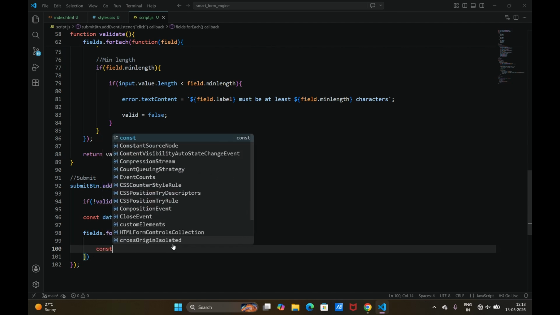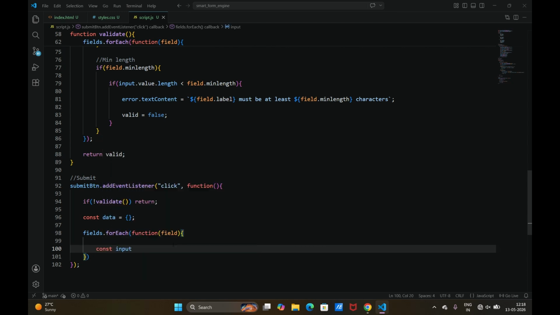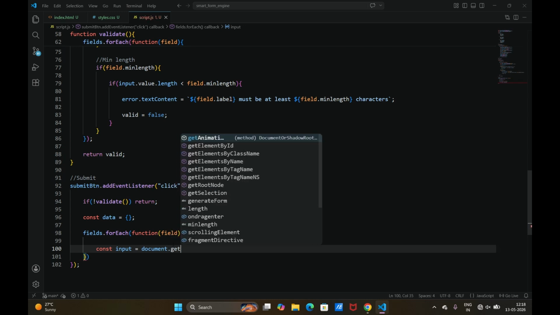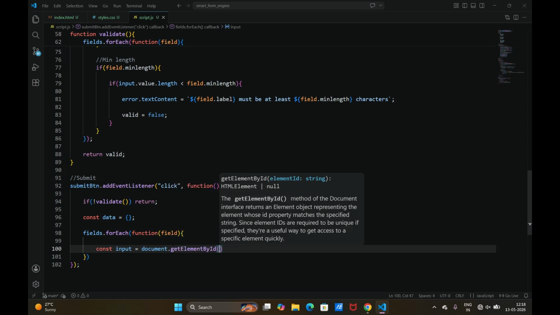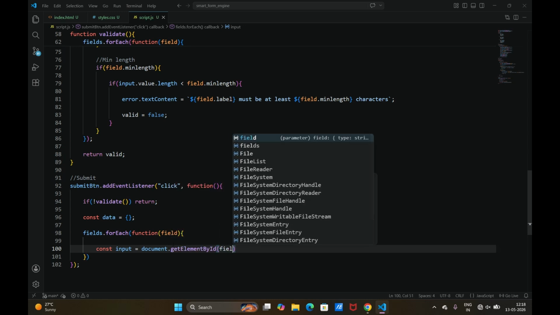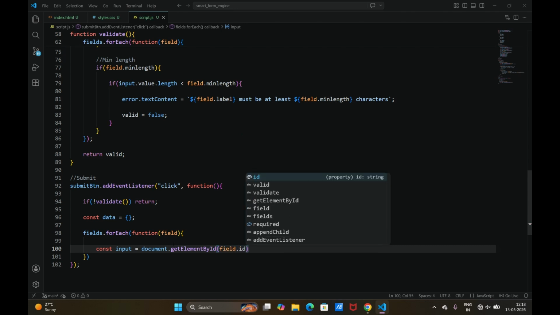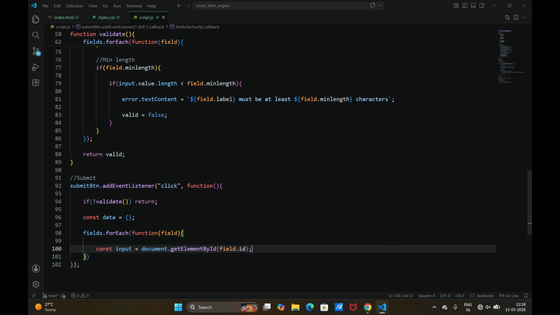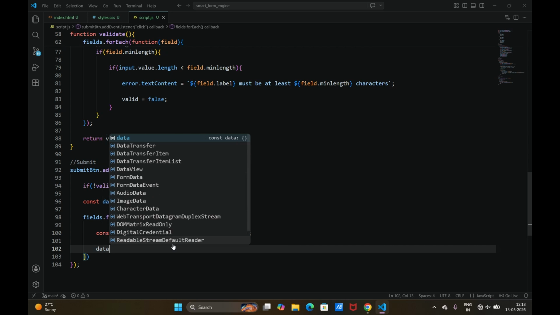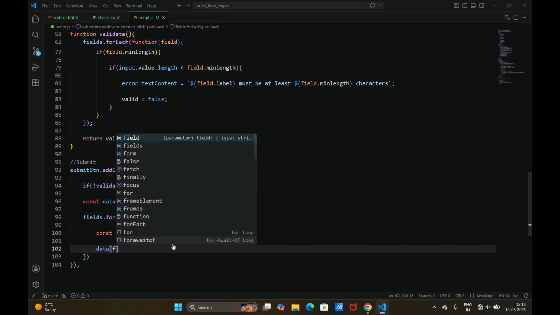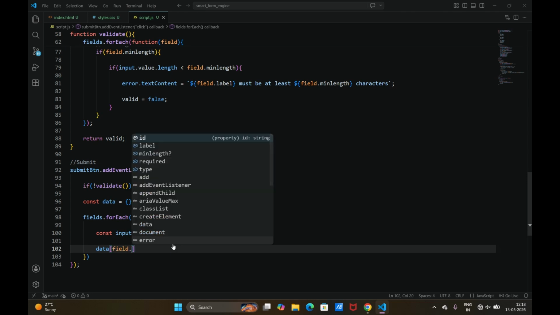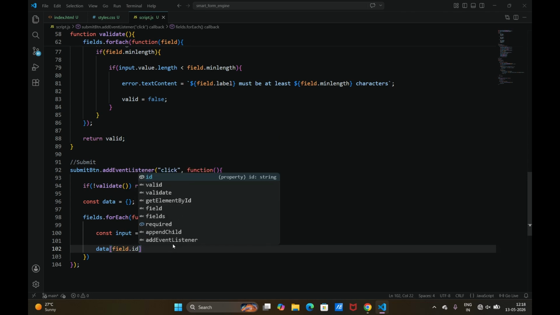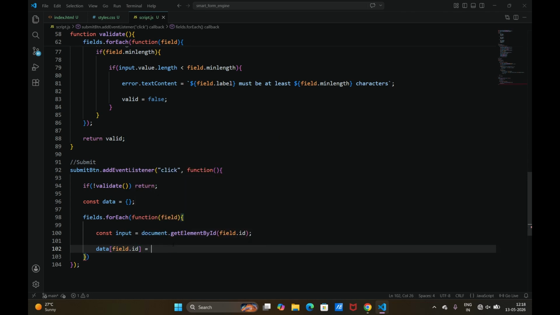Inside that, create a variable called input, get by document.getElementById. We will take the element from field.id, and we will select the data array and give it a field id, and that will be taken as an input value,